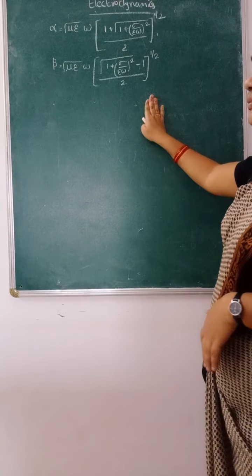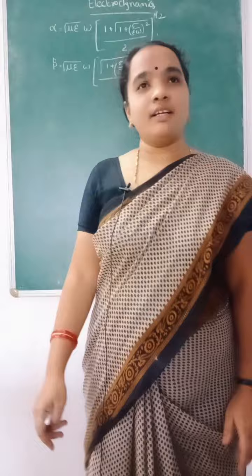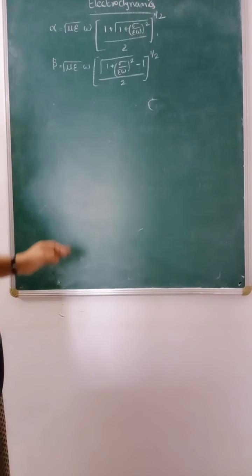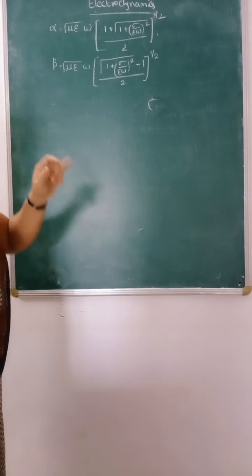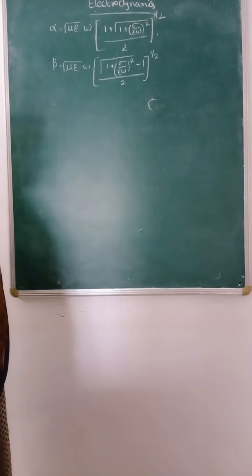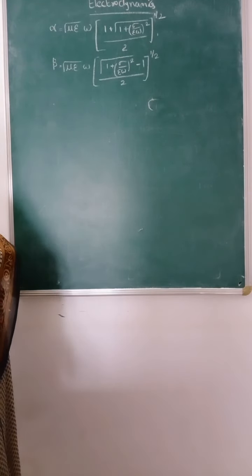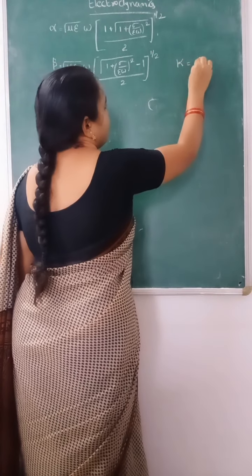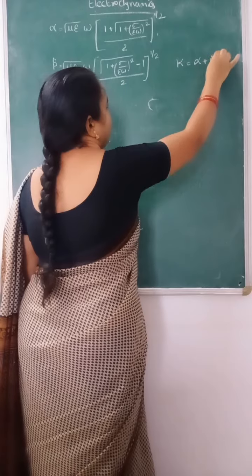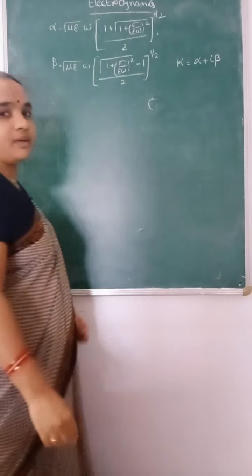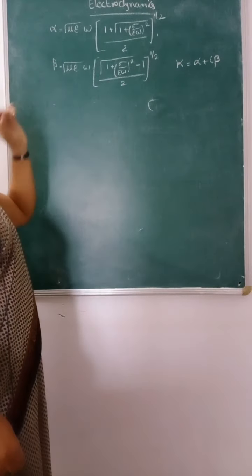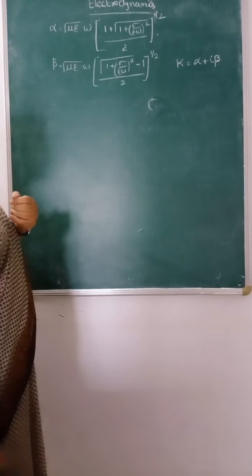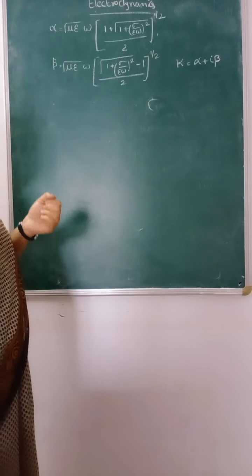Hello students, in the previous class regarding the plane electromagnetic wave in conducting media, we found that the propagation vector is a complex quantity, that is k is equal to alpha plus i beta. I gave an assignment to calculate what the alpha and beta values are. These are the values of alpha and beta calculated from alpha square plus beta square and 2i alpha beta.